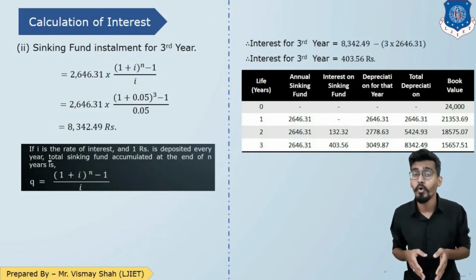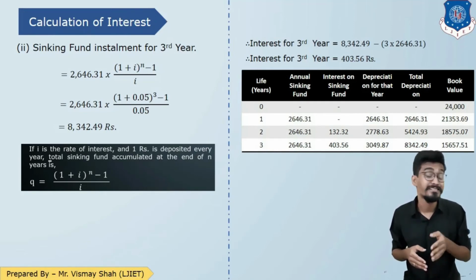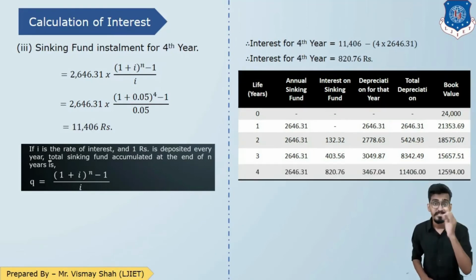But we have to go till 6th year. This is only for third year. So let us move forward. The same process for fourth year, that Q factor 1 plus I raised to n minus 1 upon I, but n will be 4. Annual sinking fund is 2,646.31 rupees. So at the end of fourth year, you will get the amount